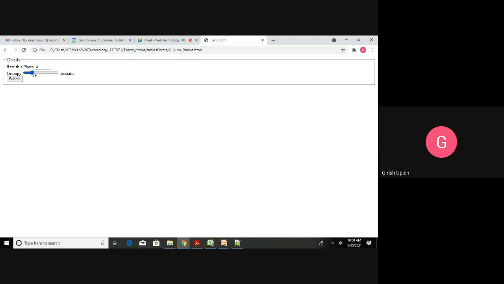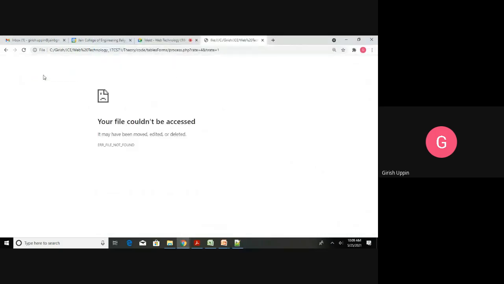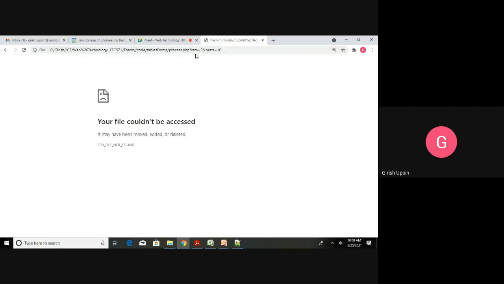Then here, whatever value you select, you cannot go out of the range. This represents 0 and this represents the minimum value, which is 1. If I submit like this, you can see rate is equal to 4 and h rate is equal to 1. Let me change this. You can use this control to increase or decrease, and I will say this.